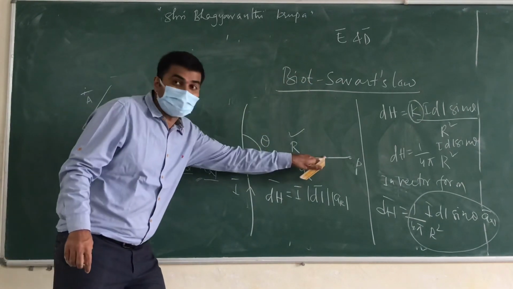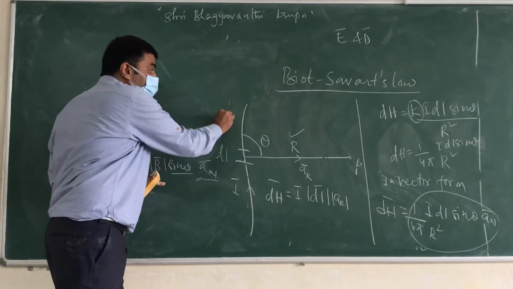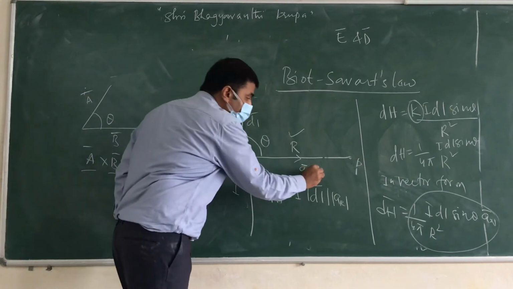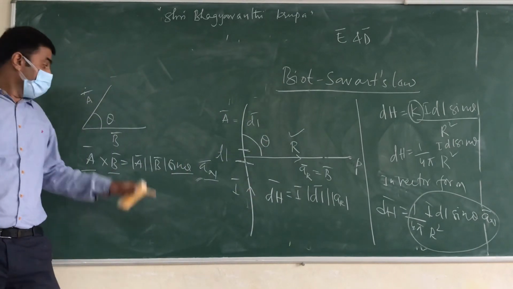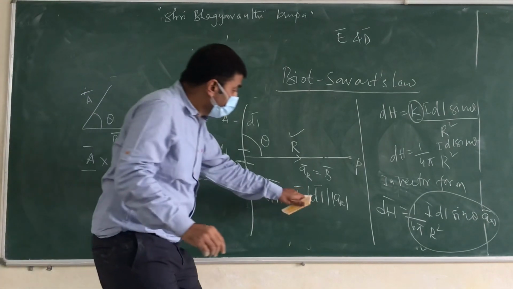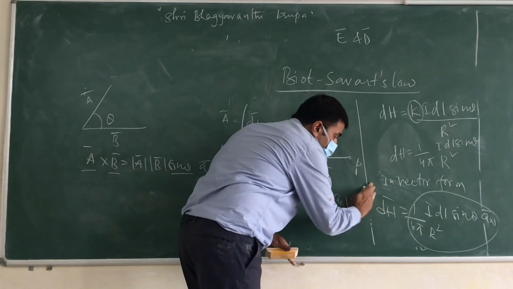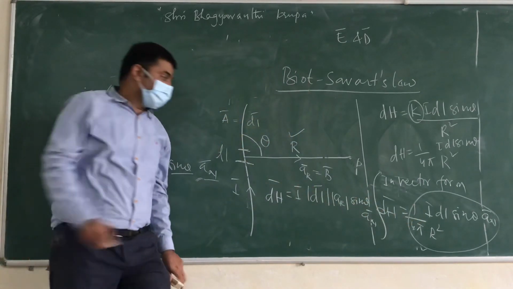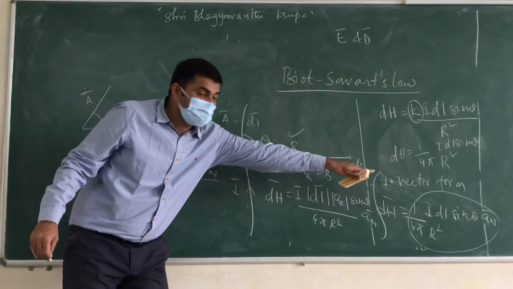See, this is one vector, this is another vector. Are you getting? This is something like A bar, which is equal to dL bar, and this is like B bar, which is equal to aR bar. And what is the resultant vector? Normal to the board. Do check it. dL bar, aR bar, sin theta, divided by 4 pi r square. Any change between this and this?